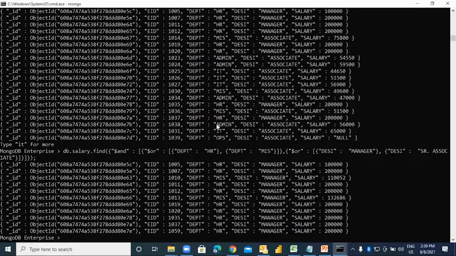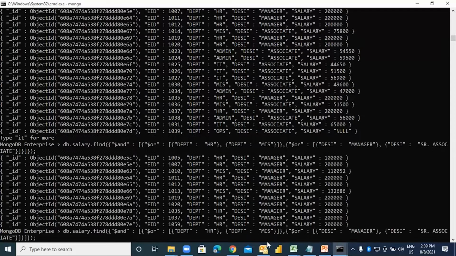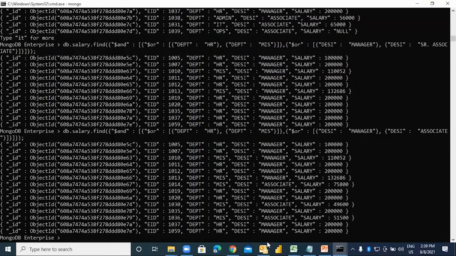So I'm getting the department will be HR and MIS, and the designation will be manager or senior associate I have taken over here. So HR managers are appearing over here. We might not be having any senior associate. If I will say associate, then I should get something different. Here it is. Now I am getting department is HR or MIS, and designation is manager or associate. Okay,